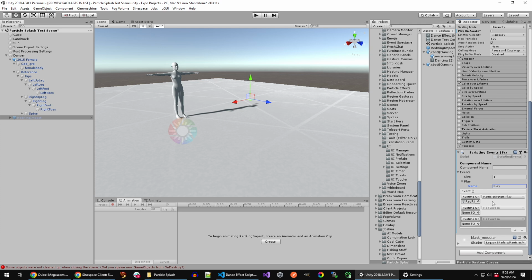The script that detects the impact and makes something happen doesn't have to always be particles. We're choosing to do particles here, but by just saying, whenever your foot touches the ground, this event happens,